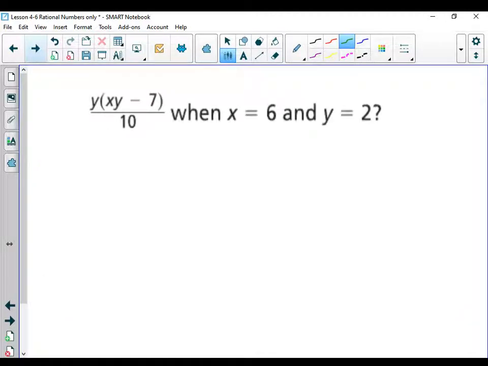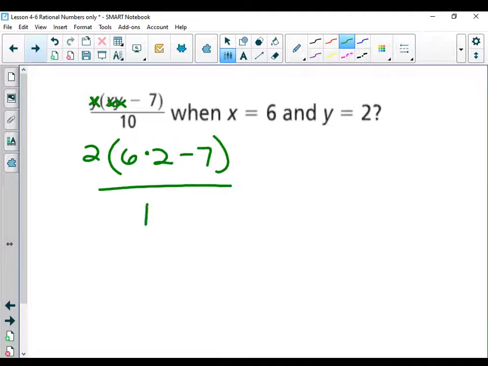Oh, here's another one. Do not try to do that in your head. It's such a bad idea. Now that I can see the numbers in front of me,